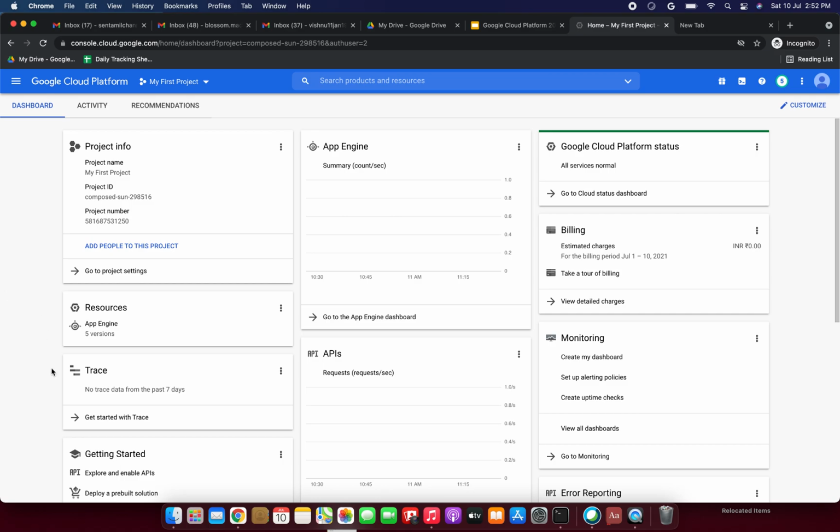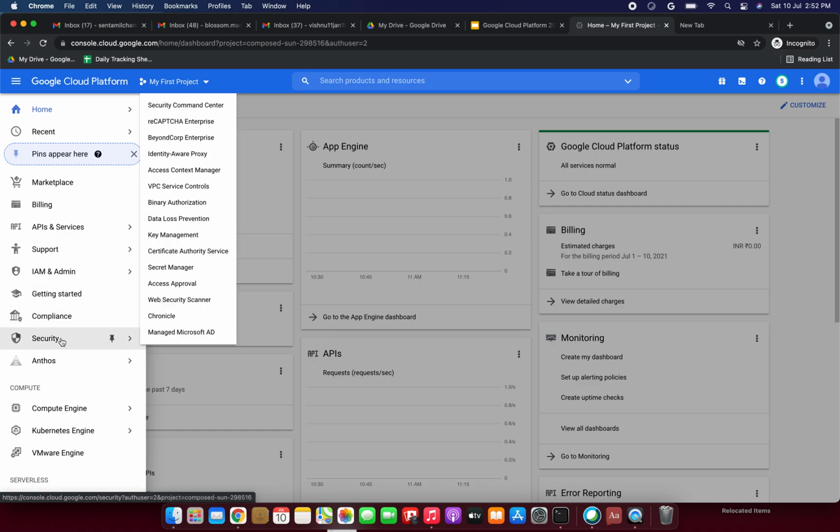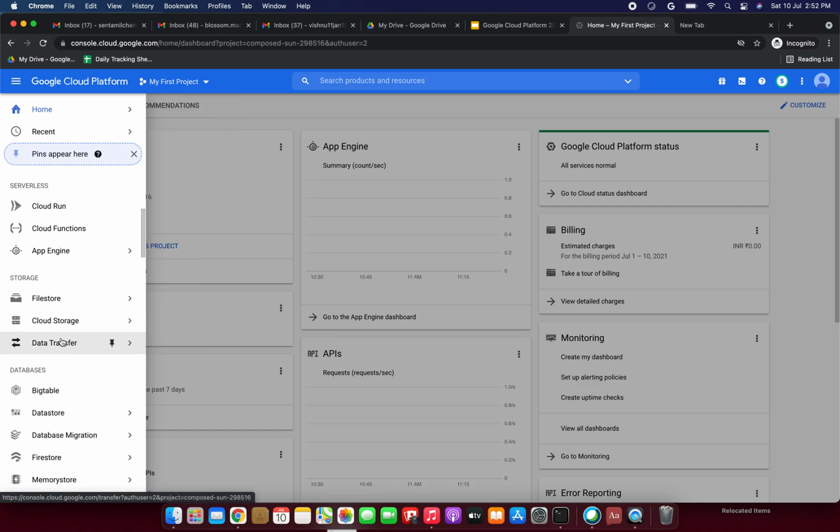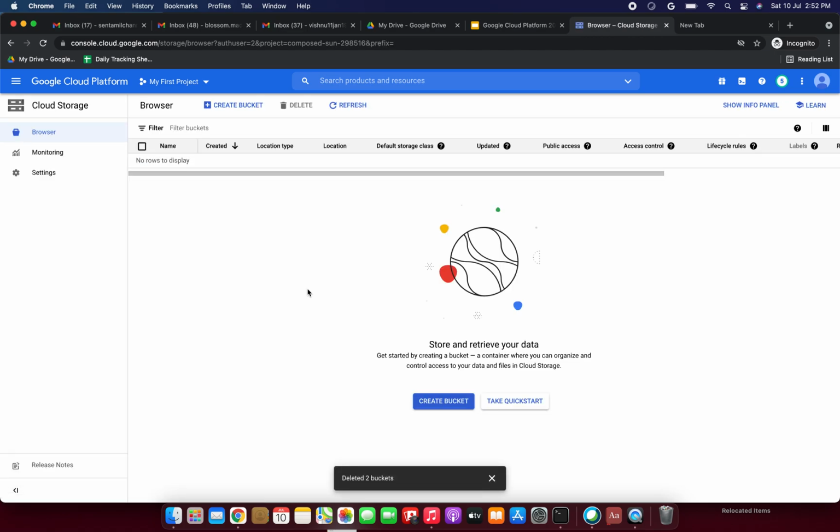So first we are going to create the buckets. You already know these things, as I have uploaded a few videos about cloud storage. This is the storage, and under storage we have Cloud Storage. Just click Browser here. No need to worry, friends, just watch this video entirely, and then only you can understand this.